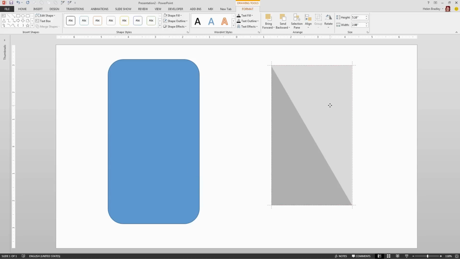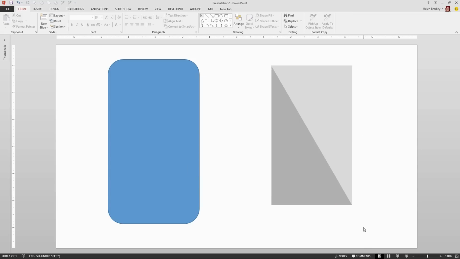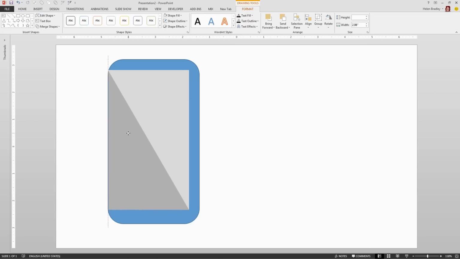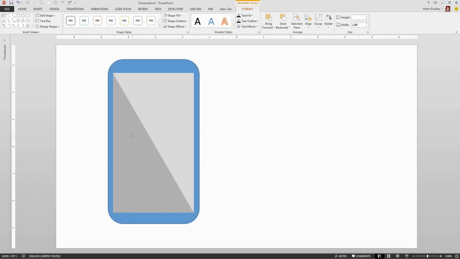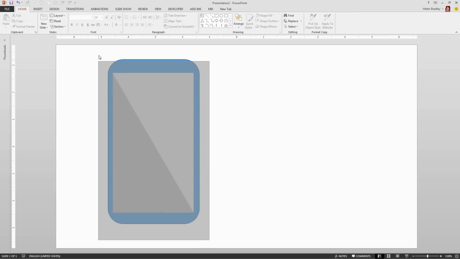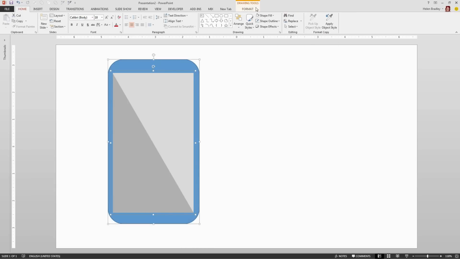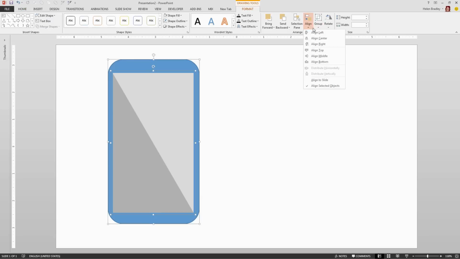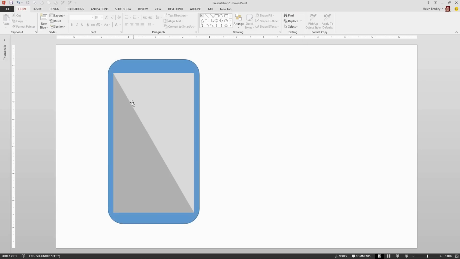I'm going to put the two pieces back together again, and I'm going to move them into position inside my tablet. And now if I want to make sure that these are centered, I'm going to group them. So I'm just going to click to group these two, and now if I grab over all my objects and click Format tab here, Align Center, then the group here is going to be aligned to the center of this